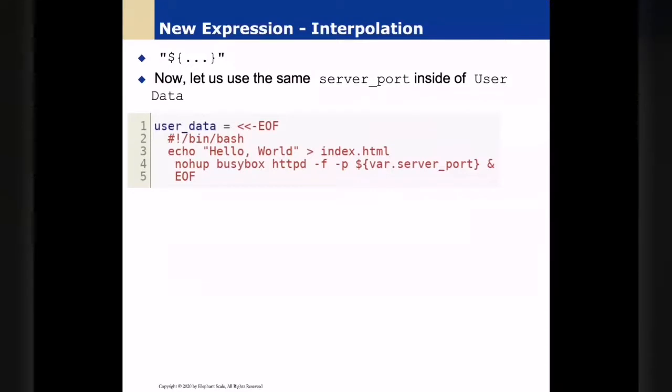Now, sometimes you need to give the data. So that is how you give the data. We're giving that server the user data, and that user data is something that Terraform recognizes and passes to Amazon. And then Amazon gets exactly that. So you did it manually, and you used this variable with the server port. But in our code, we're going to use it in the code.